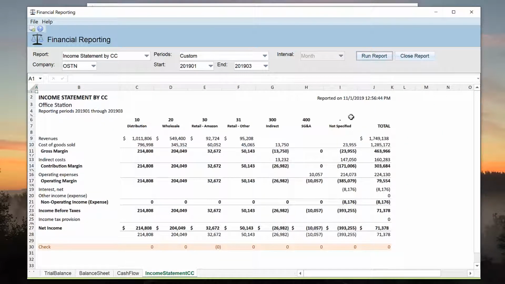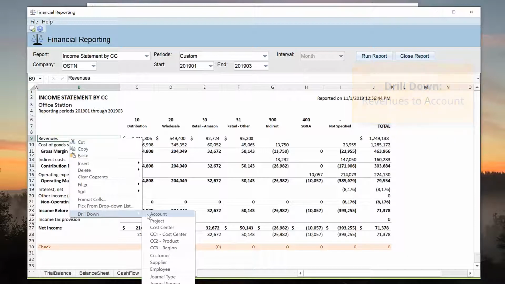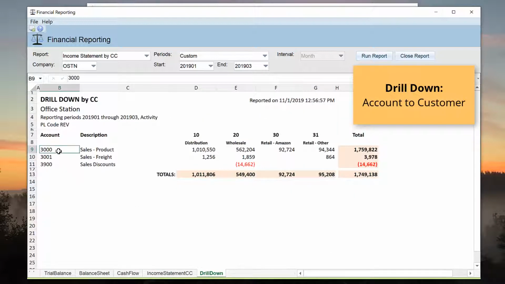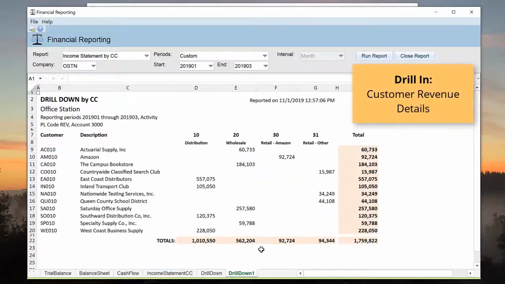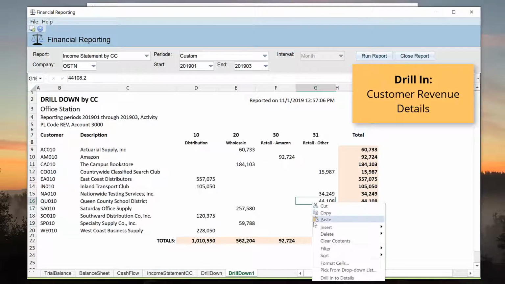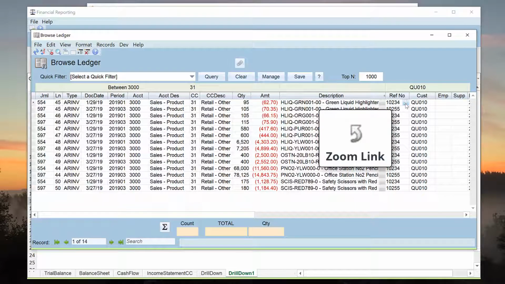FOURA's financial reports are drillable, which means users can drill down from the top-level reports by different data dimensions such as an account code, a project code, a customer, or several other dimensions. From there, users can also drill directly into the ledger transactions and use the zoom buttons to view the source